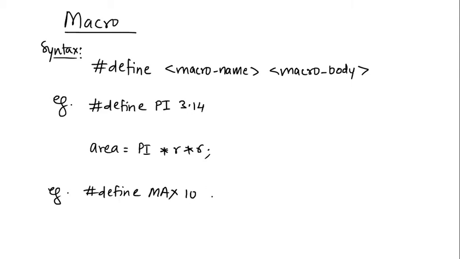We can even have some additional features, which can be understood with the help of examples. So let us see the importance of keeping the macro body in brackets. Let's say an example, #define. Again, a typical or irrelevant example as such, but just to understand the problem. So #define, let's say FIVE, and I have kept the body as 3 plus 2. Now if you look at this, we shouldn't find any problem, because FIVE will be replaced by 3 plus 2, and the value of that has to be 5.